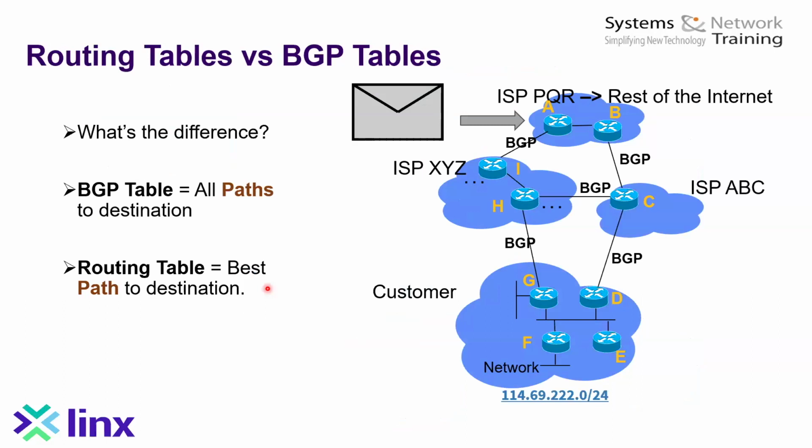Now, there are these things called routing tables, and there are these things called BGP tables. So I just want to simplify this to illustrate here, using the same sort of framework that we've seen before. There are 4 ASs here, and at this time I put letters on the routers. Okay, and I want to use an example here of what we mean by a BGP table and what's a routing table. What's the difference?